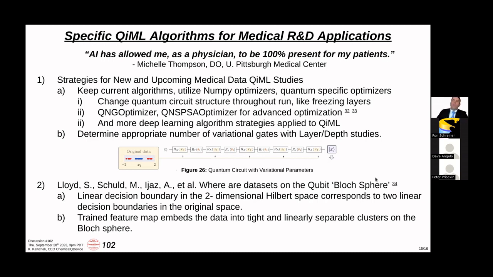So, like I said, this model was designed for noisy hardware, right? So we're in QiML, quantum inspired machine learning. So we don't have noisy hardware, we can get exact answers, these types of things. What it looks like is going on here, and I mentioned this before, is NumPy, especially in PennyLane, they have like 6 different quantum specific optimizers. So these are the things that take all of the weights,